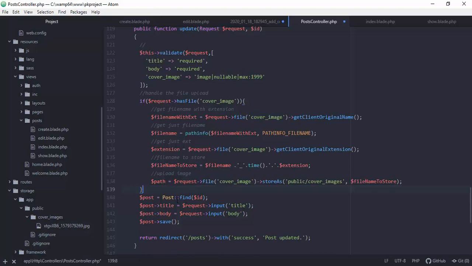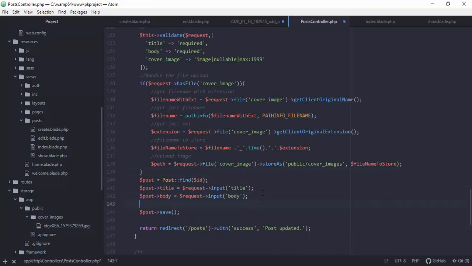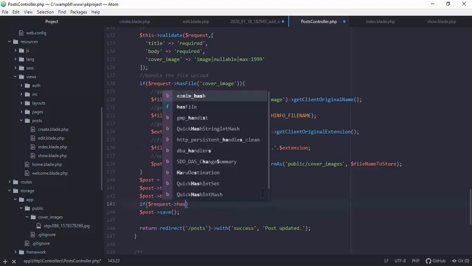So remove that, and then we're just going to have another check here if the user has submitted the file or uploaded the file. So, if the request has file,